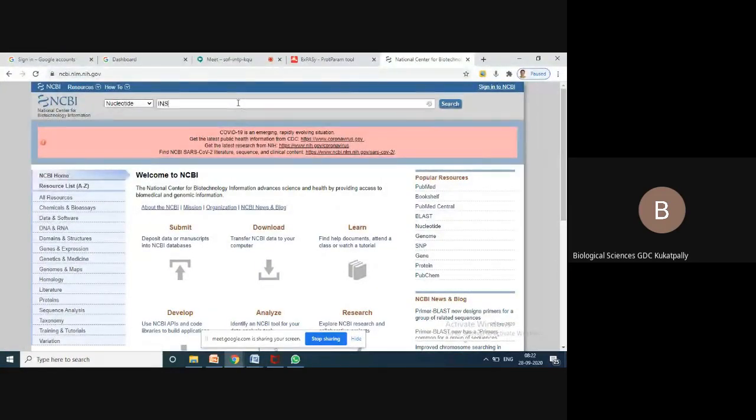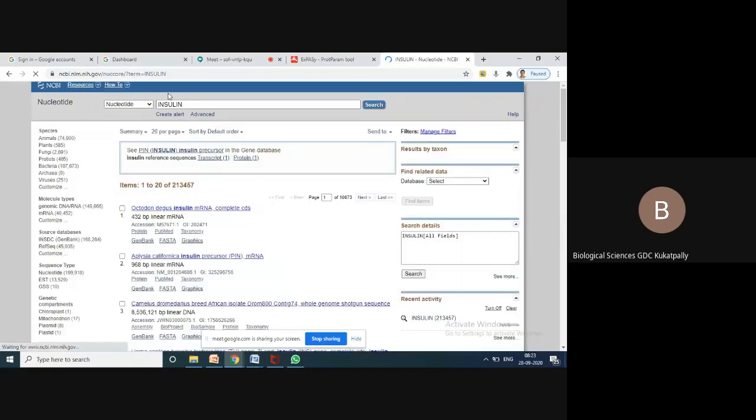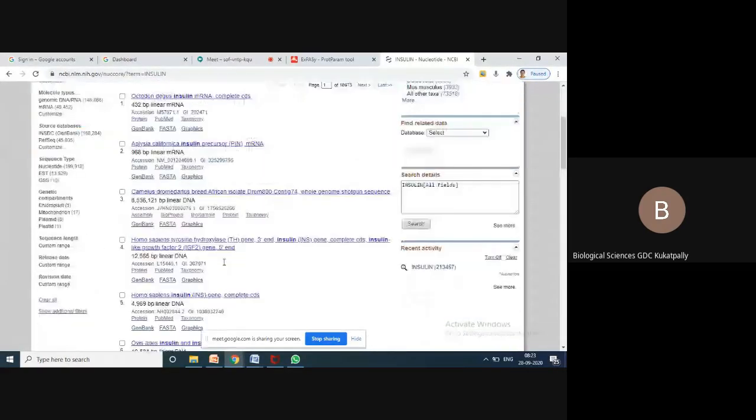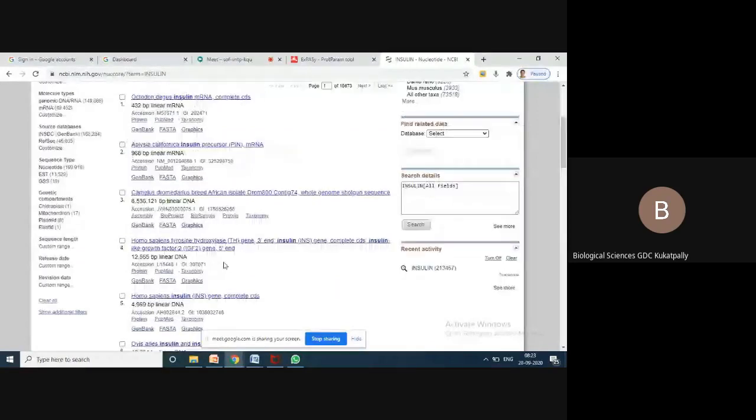A very important protein, insulin, right? Depending upon what information you want about insulin, you should select here. Then it will give you the related information. Suppose you search insulin, so much information it is giving you, and it will be really confusing.